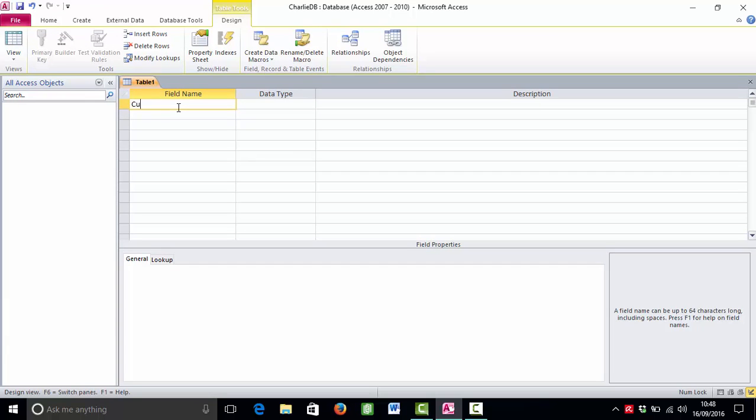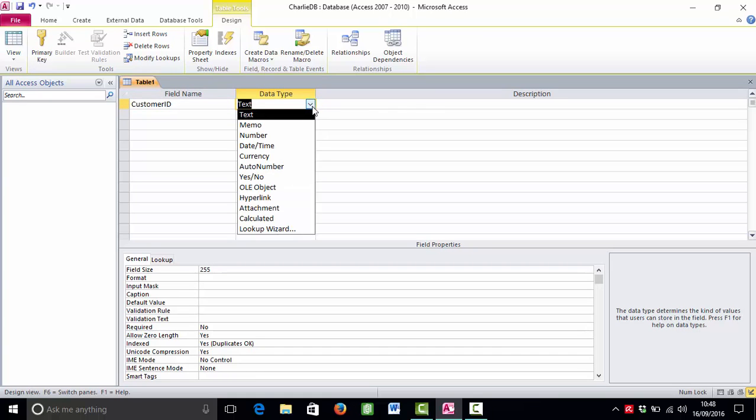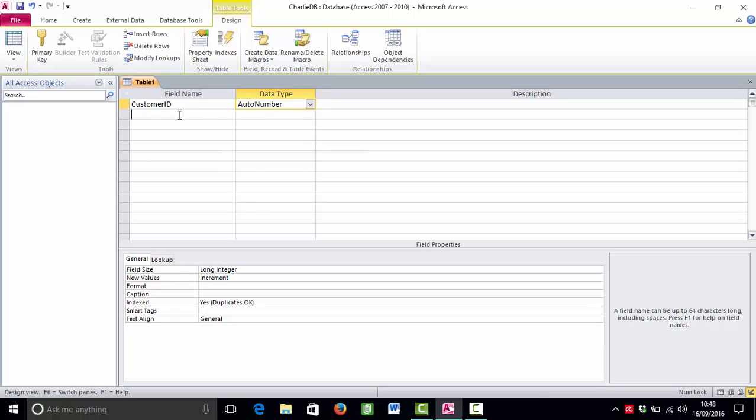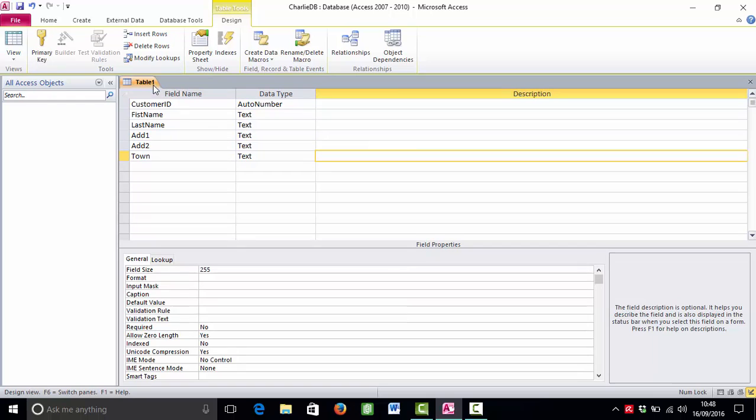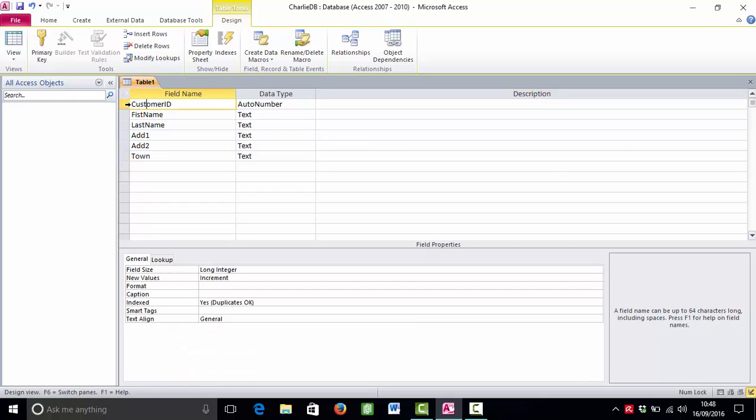So for me, my first table is going to be the customer table. So customer ID, this is the primary key for this table, so it will be an auto number, and then we're going to have first name, last name, and I would carry on and put in address 1, address 2, address 3, town, county, postcode. I'll leave it there. You know what you've got to do, so put all your fields in,